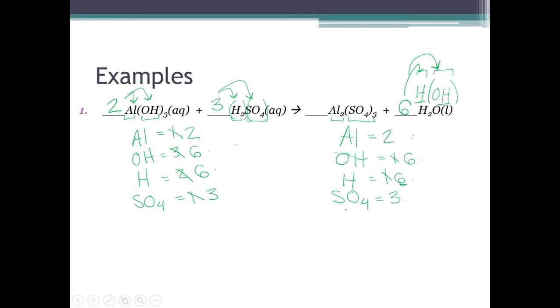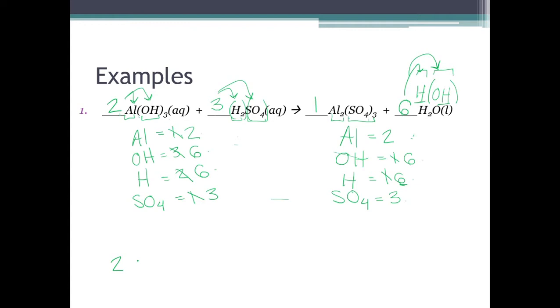And that's why I recommend you do them in the same order, so it's really easy to tell. 2, 6, 6, 3. This is balanced. We're done. You can leave this blank. You can also write a 1 into it. Either way is correct. And we don't have a common factor that we can divide any of these by, so we don't need to worry about that. Cleaning this up a little bit so it's a little easier to read, our final answer is